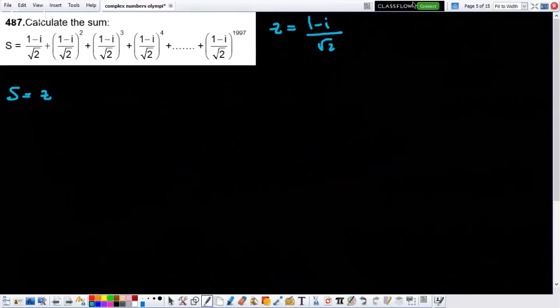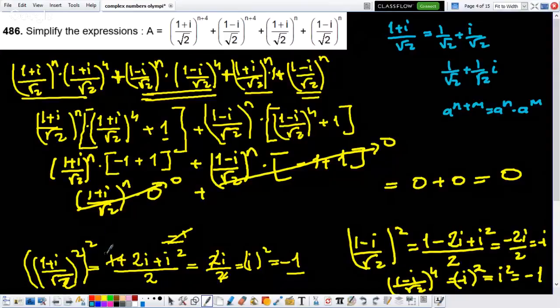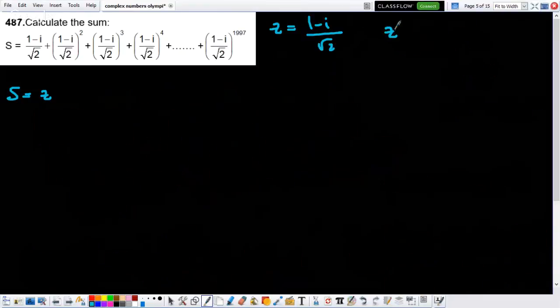In the previous question I got, if you remember, minus i. Here it was 1 minus, yes, minus i. So I'm going to get minus i for z squared, z squared is equal to minus i. And z cubed is going to be equal to z times minus i, which is equal to minus zi. And z to the power of 4 is going to be equal to z squared